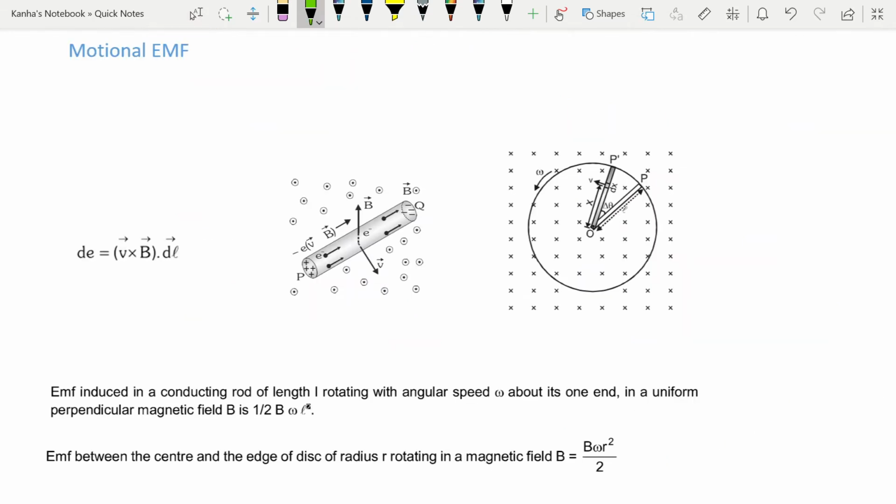Next, we talk about motional EMF from Lorentz force. So the principle behind this is similar to the principle that I had when I was explaining to you what happens inside the rod when we are trying to move it in a magnetic field. So what happens in motional EMF is we try to move the conductor with the velocity v inside a magnetic field, and this leads to the generation of an EMF inside the conductor. Now if there is a circuit attached to this conductor, then there will be a current in that entire circuit as well.